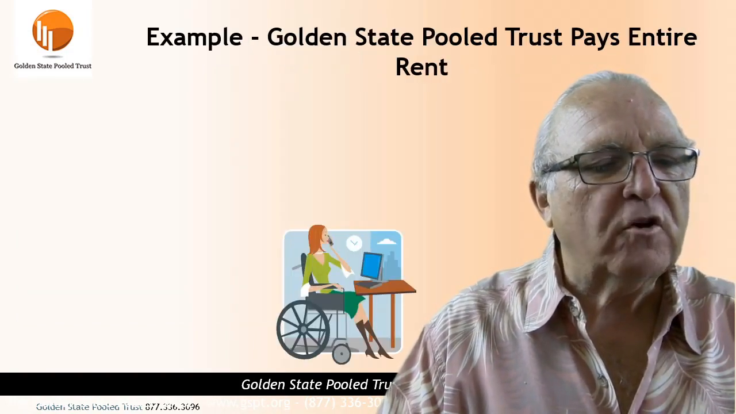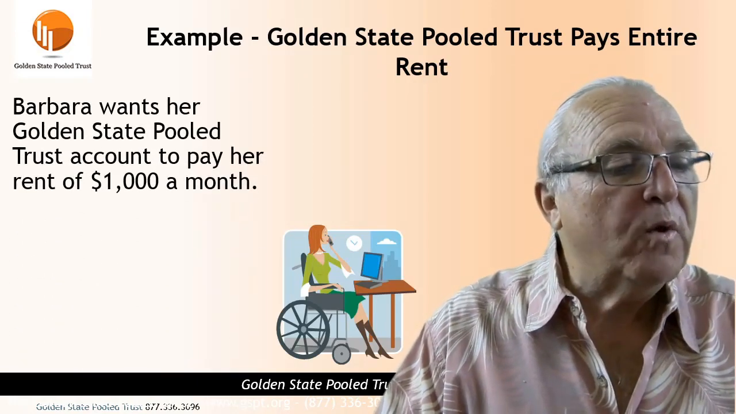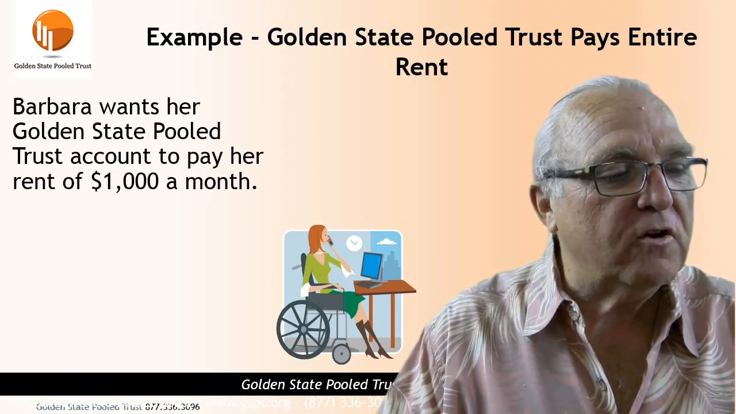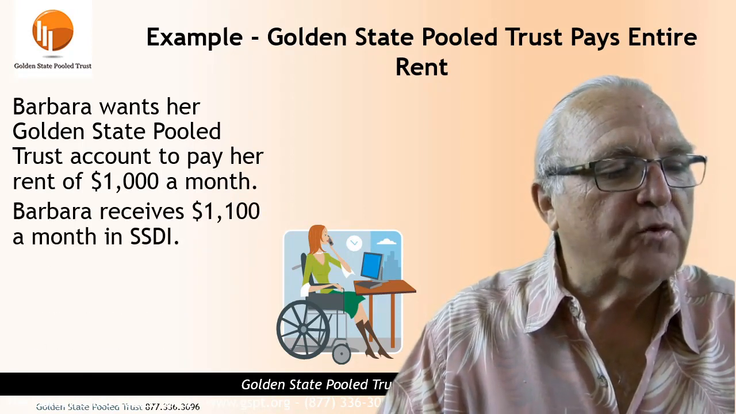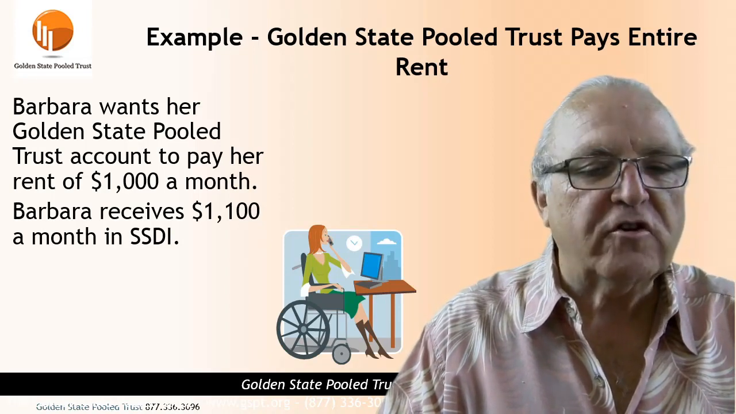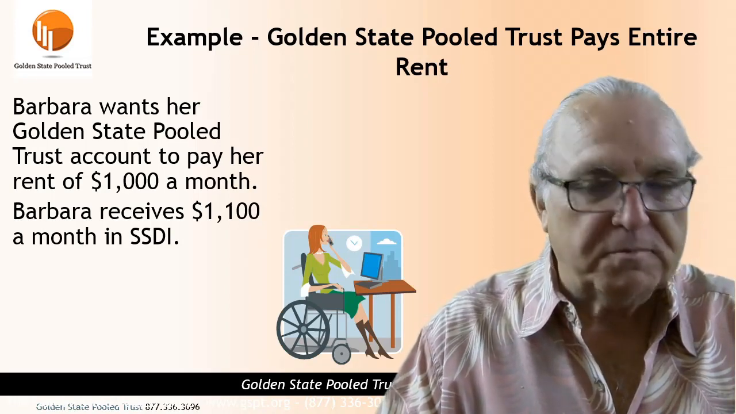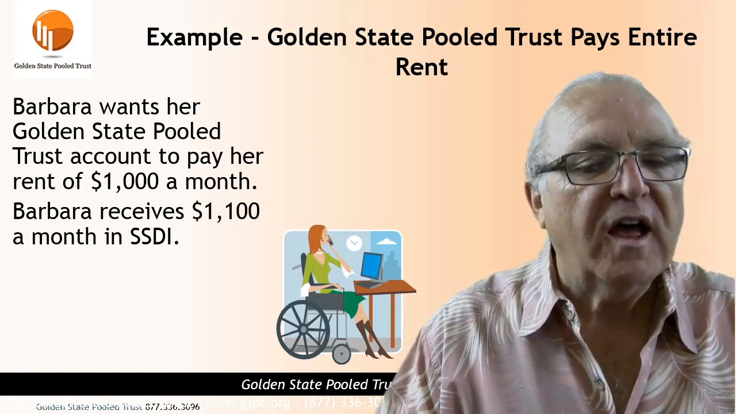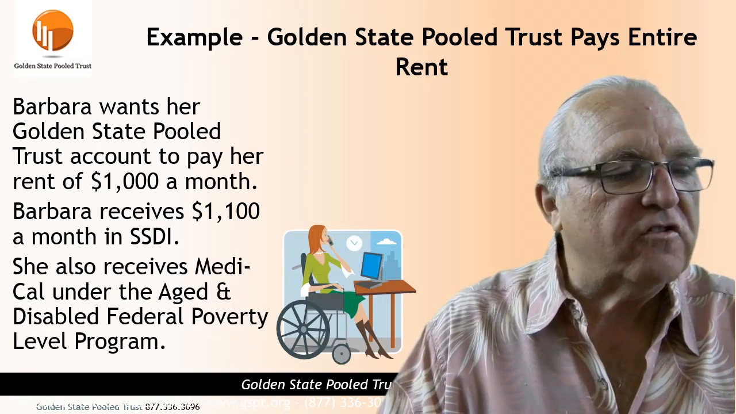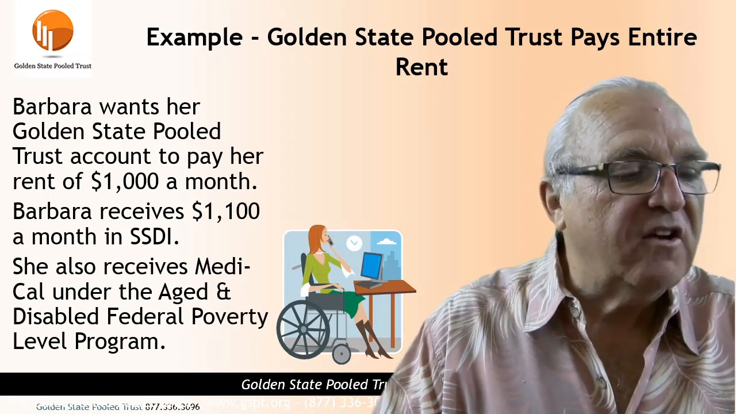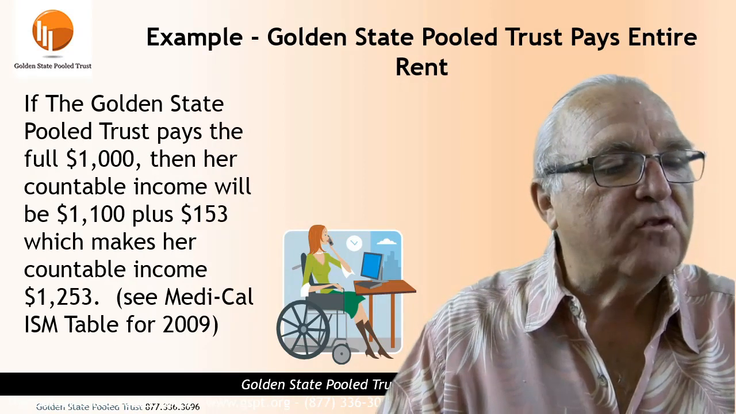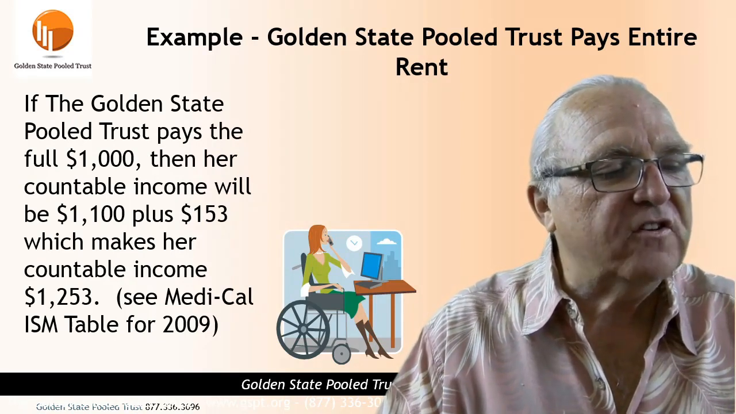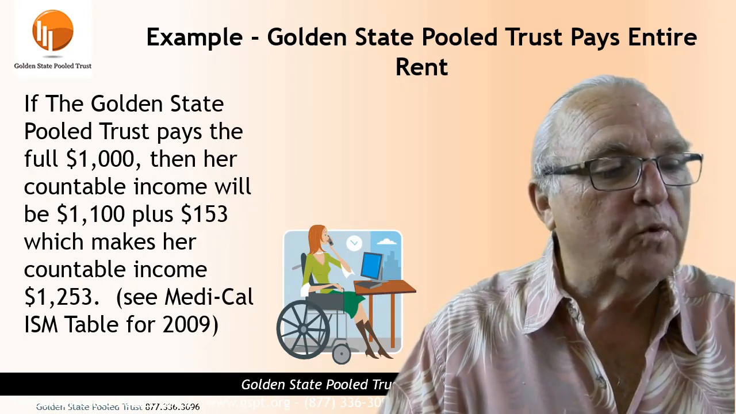Okay, so let's go back to our example. Barbara wants her Golden State Pool Trust account to pay her rent of $1,000 a month. Barbara also receives $1,100 a month in Social Security disability, which means she's probably getting Medicare as well. And as it says here, she's also getting Medi-Cal under the Aged and Disabled Federal Poverty Level Program. If the trust pays the full $1,000, her countable income would be